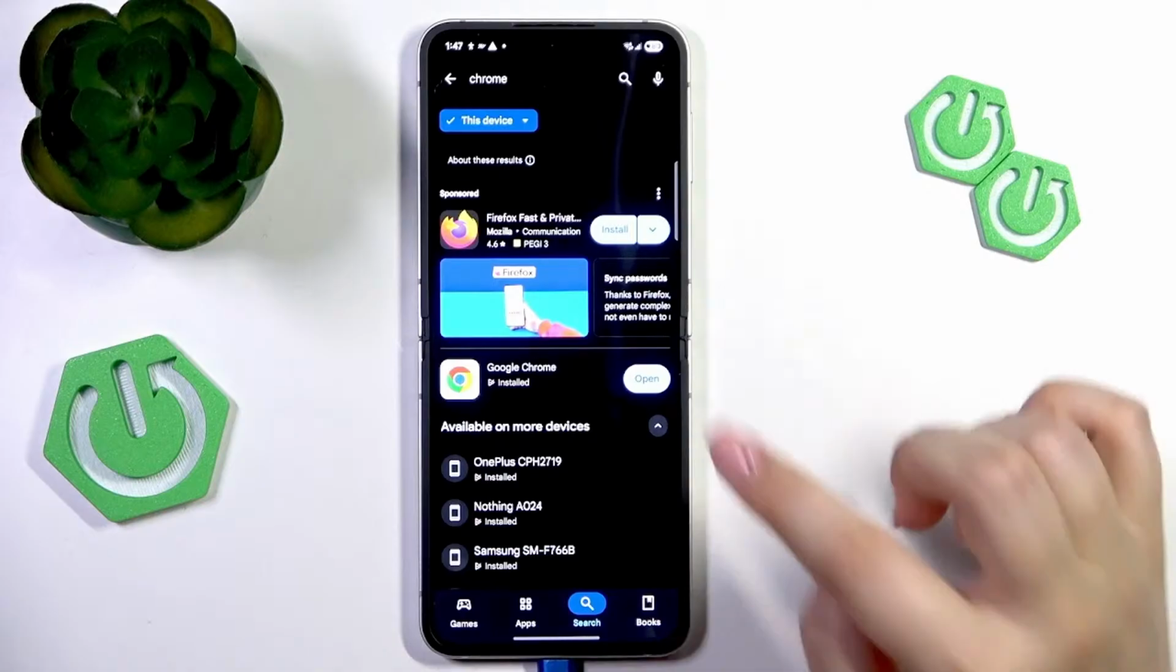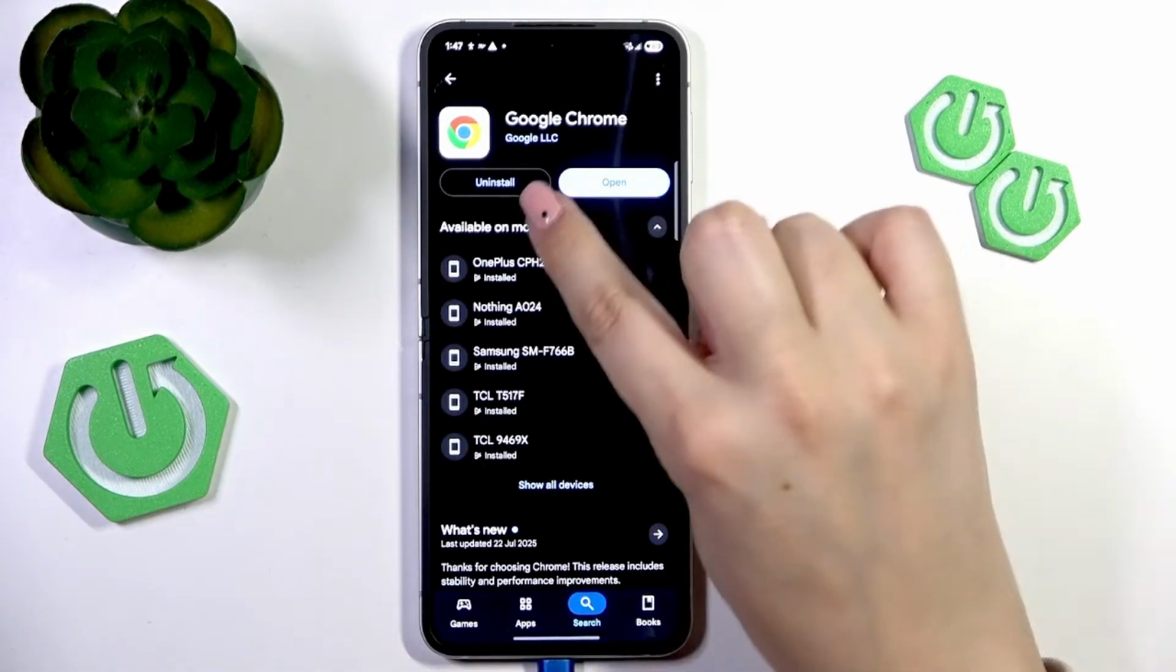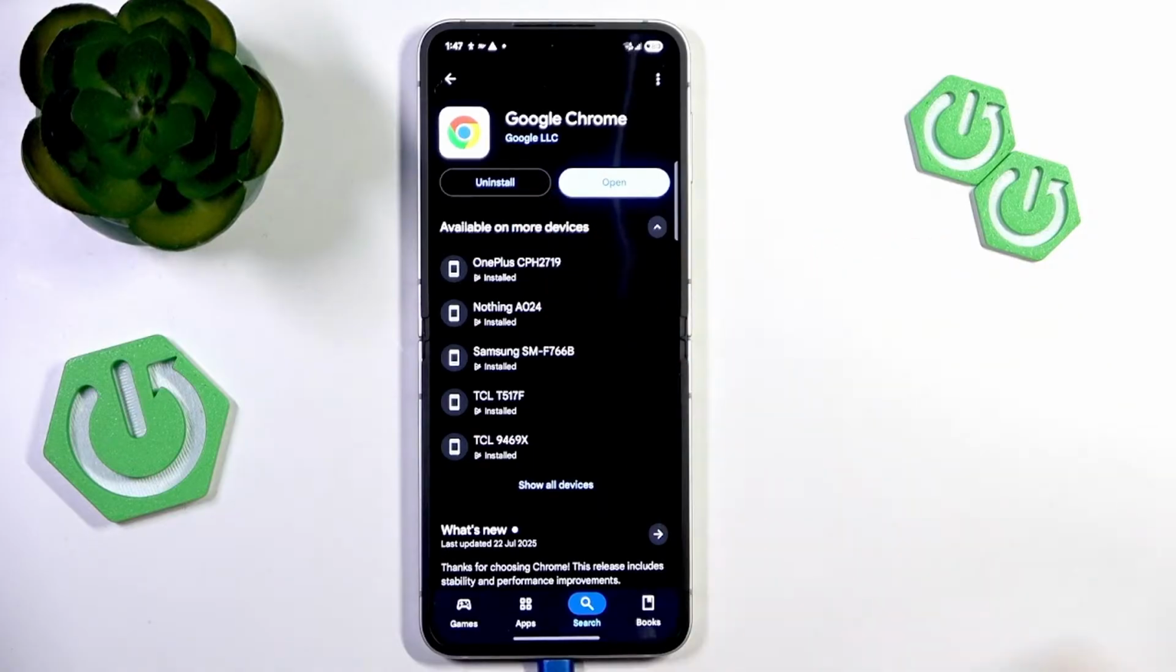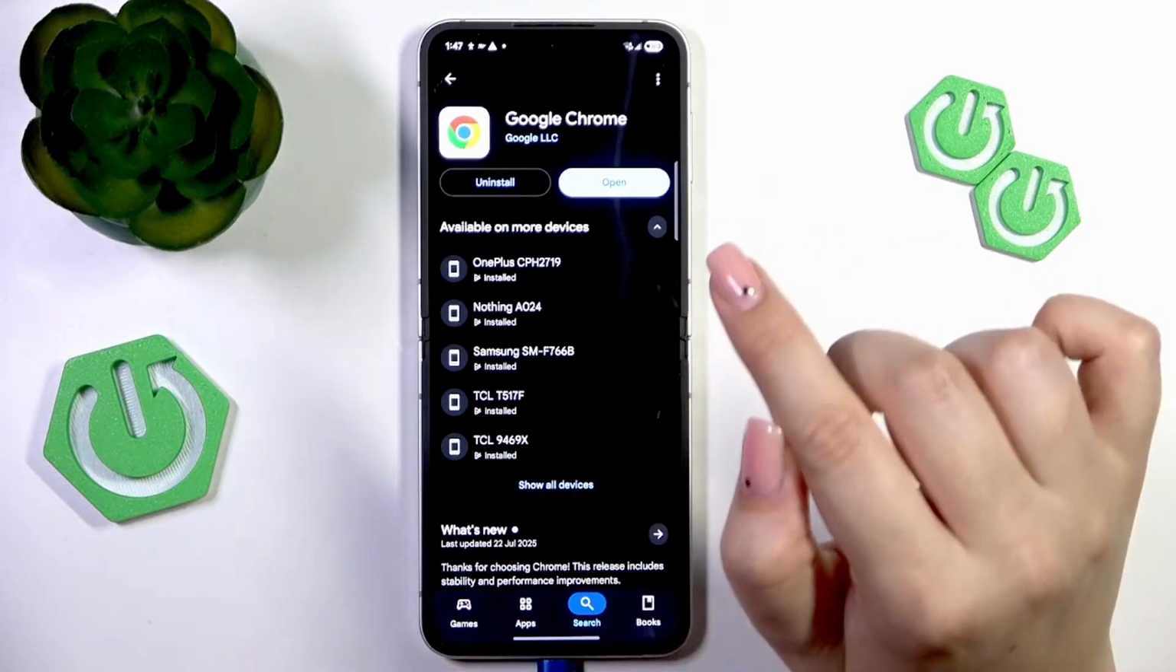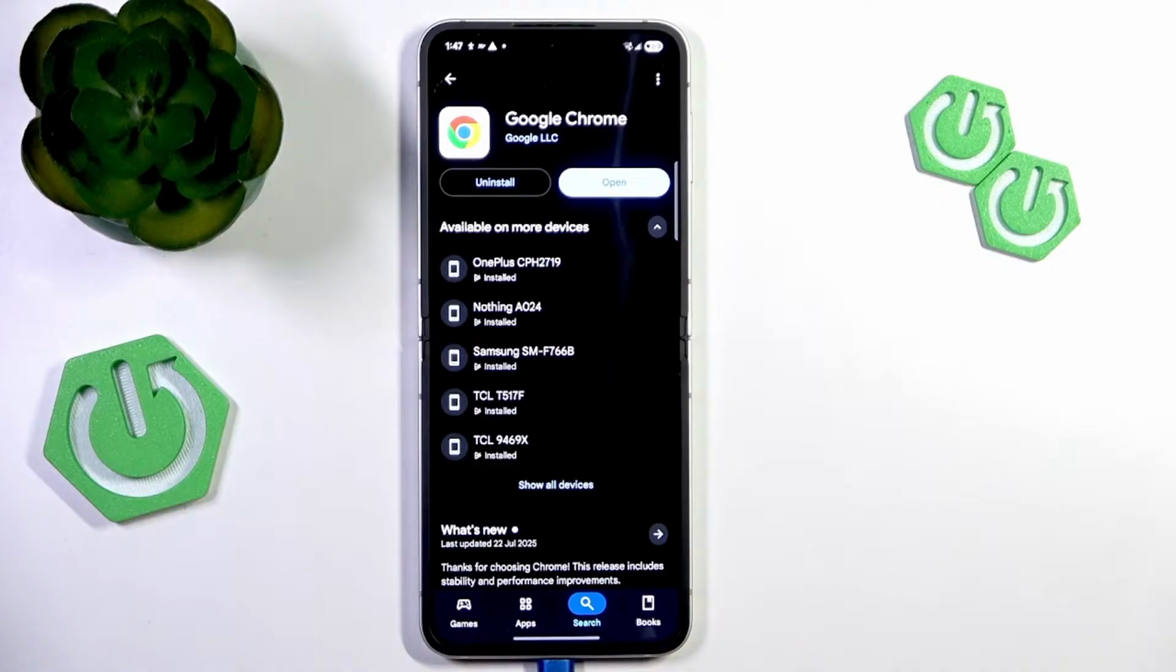If not, then I highly recommend to tap on it and tap on uninstall. Your device will uninstall the app and then tap on install again. So your device will immediately install the newest version and probably get rid of some problems, which also could be caused by the update. Alright, so